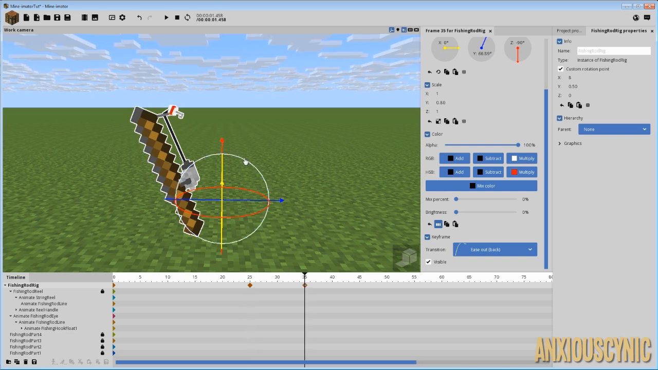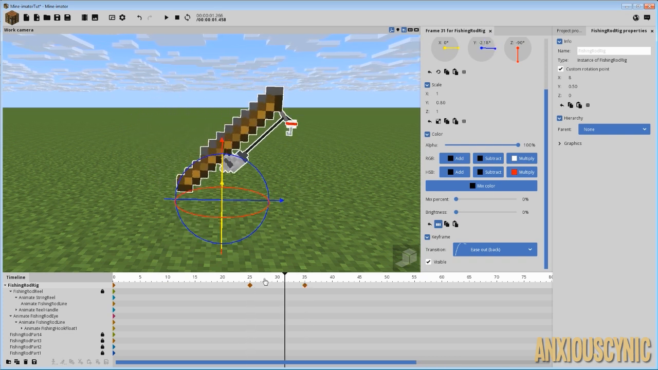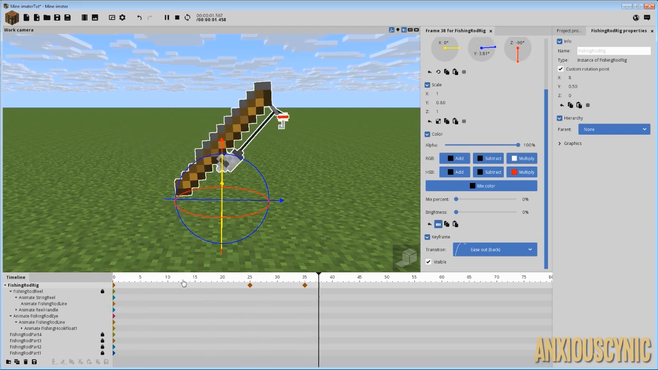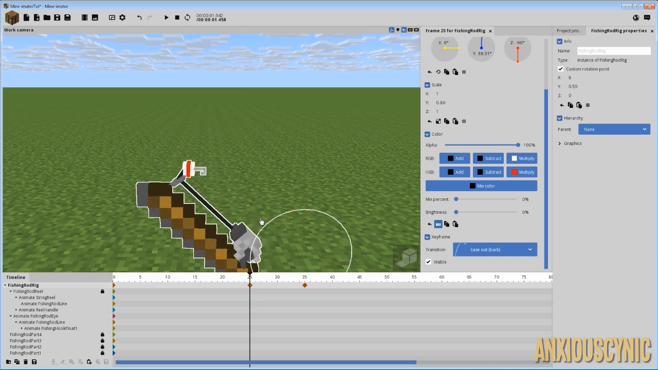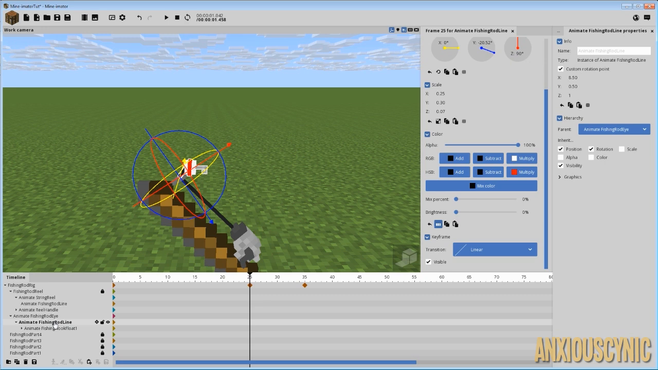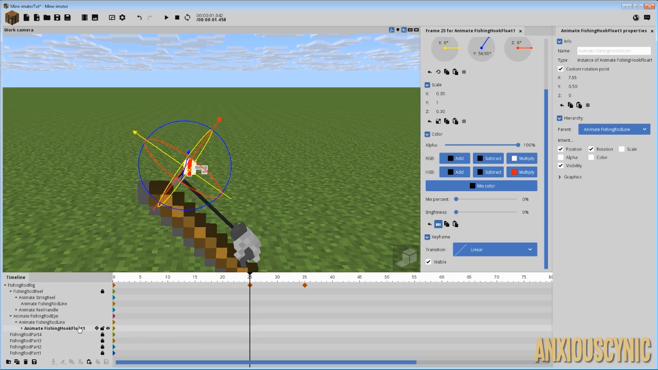So let's just go up a few more frames and we're going to toss it forward like this. This is going to look really bad because of the rotation point, but we'll just leave it like that. All right, hang on. Let's actually bring this back just a little bit more. Let's do something like that. All right. So now we have our line and our cork or float or whatever,